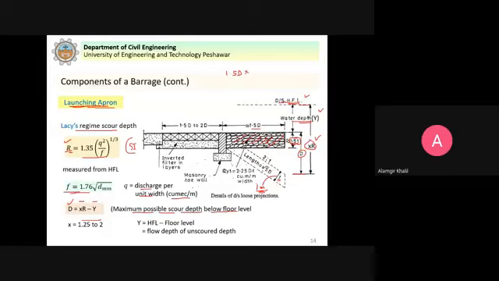Let's say I don't know this thickness, so this is T. Multiply by unit width, because we talk here about the discharge per unit width from this equation. So this is the volume, this length into unit width. This is the volume here at the launching apron.